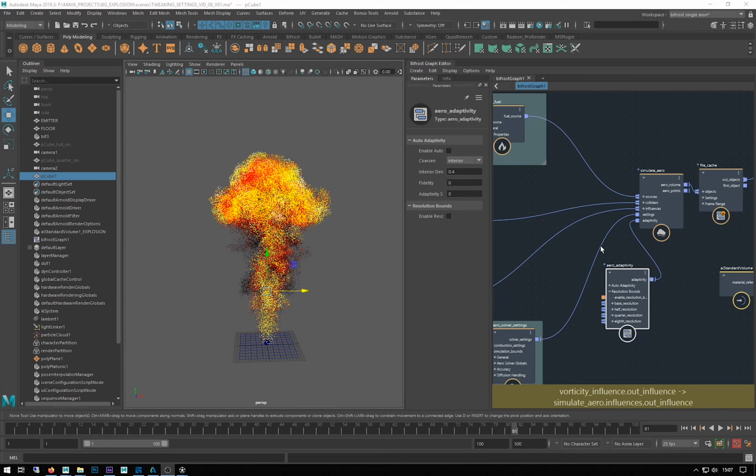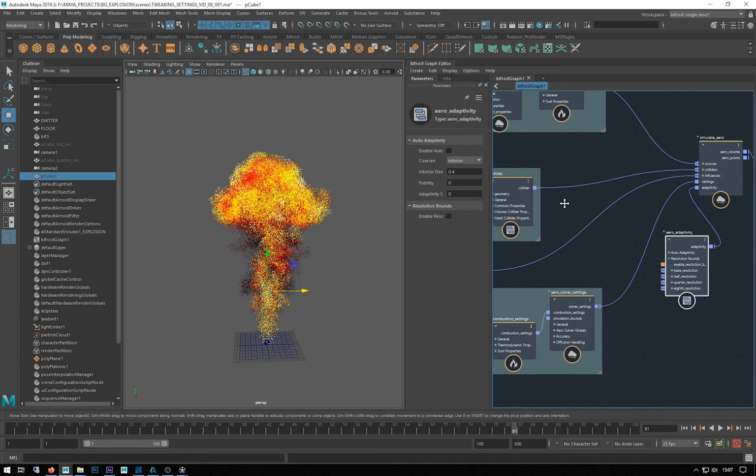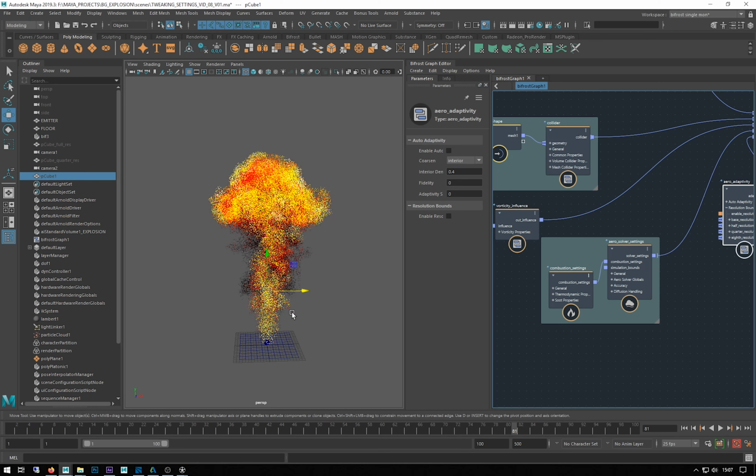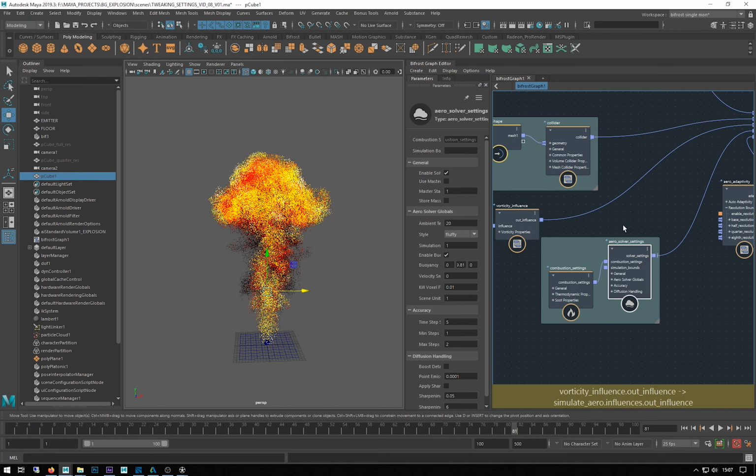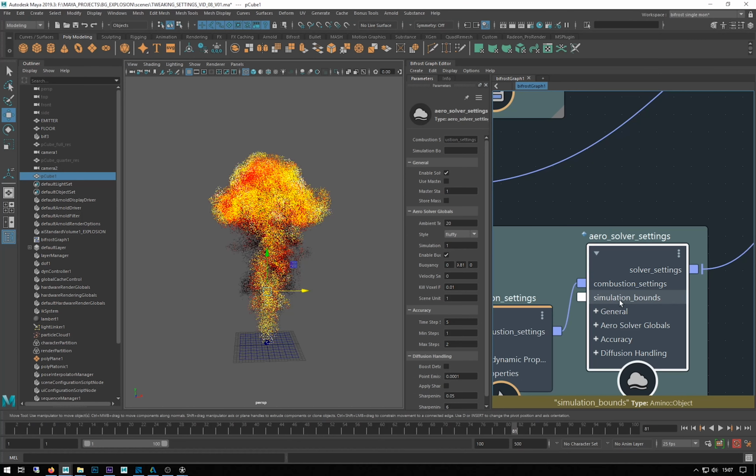At the end of the last video, I said I was going to talk about rendering in this video, but I just remembered I wanted to talk a little bit about adaptivity and how we can optimize our simulations to get smaller caches and quicker sim times. So the first thing I'm going to mention is in the Aero solver settings, we have a thing called